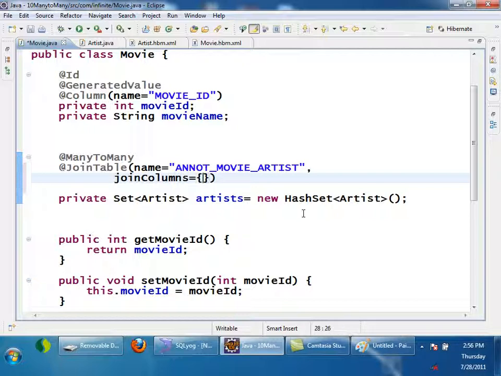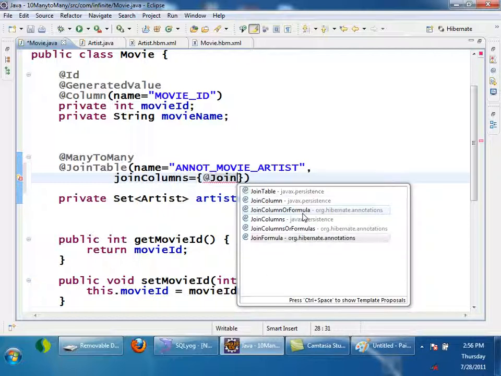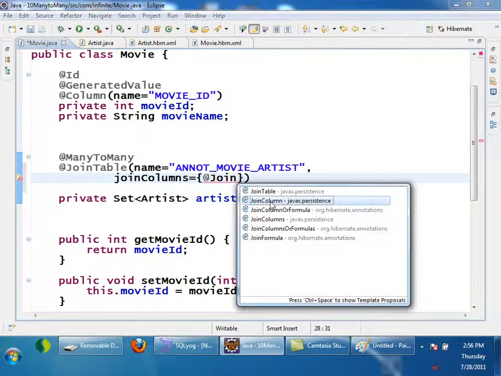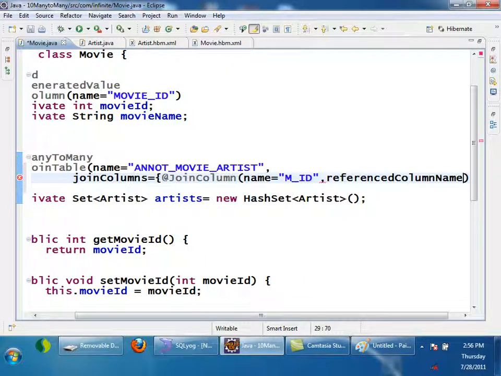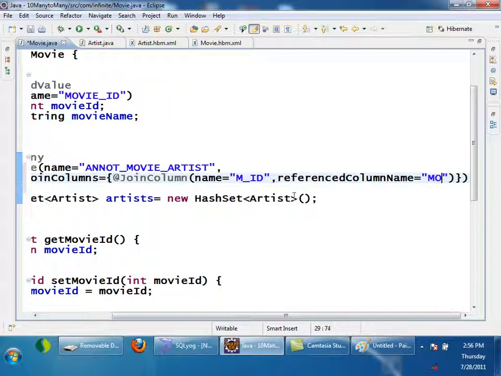So at JoinColumn, name is equals to, I will say m_id, comma, referencedColumnName is equals to movie_id.